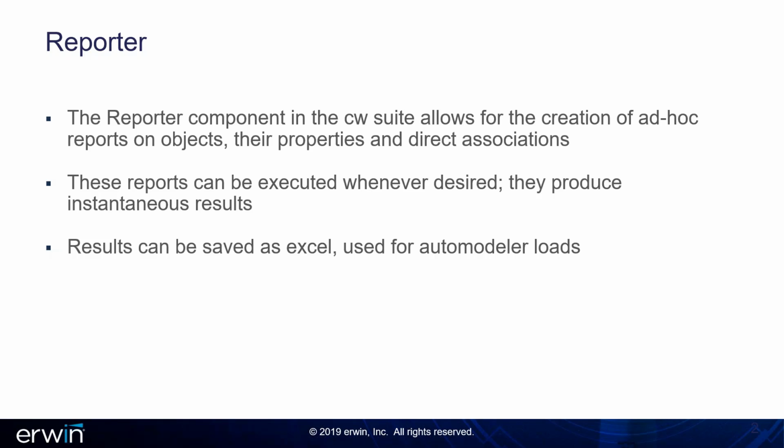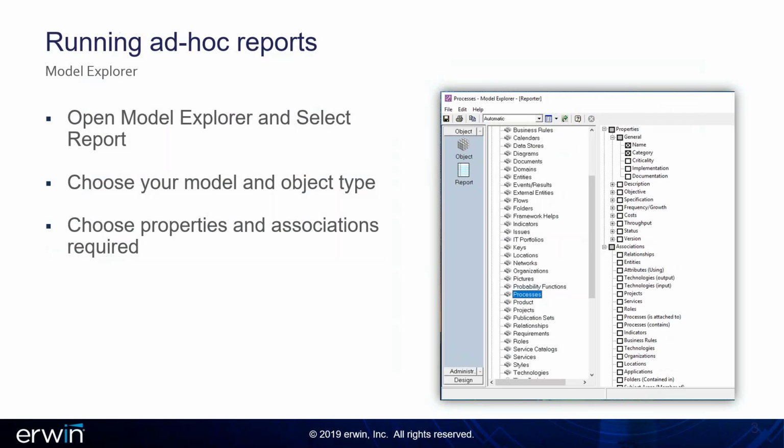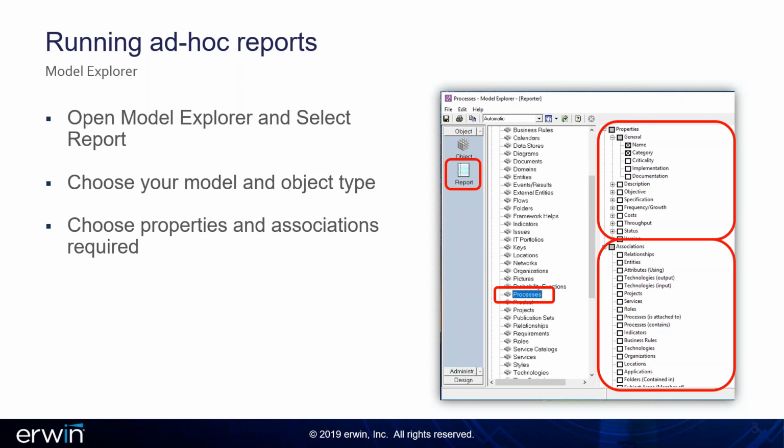The reports are instantaneous, and they can be saved as Excel for AutoModeler loads and just for review and for sharing with your coworkers. To launch ad hoc reports, simply open up Model Explorer and click on the Report button. You can choose the model from which you wish to run the reports and the object type of interest. Once you have the object type chosen, you can view the properties and the associations for that particular object type